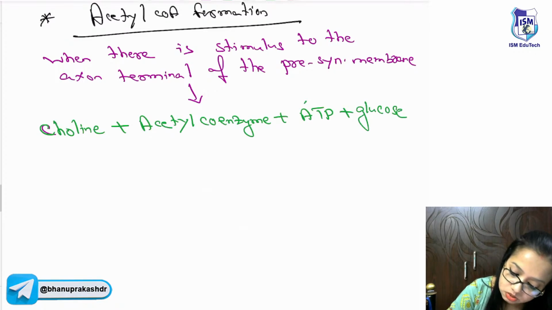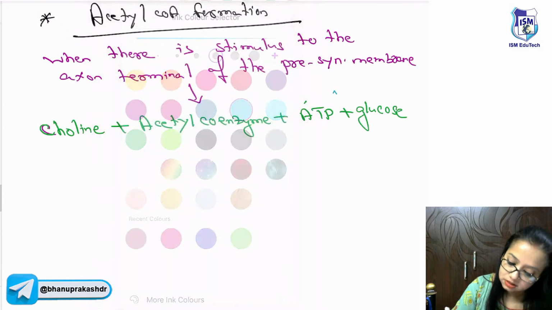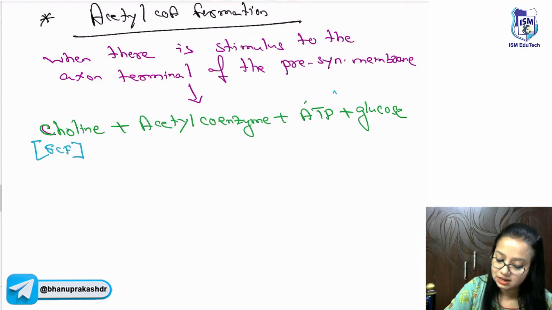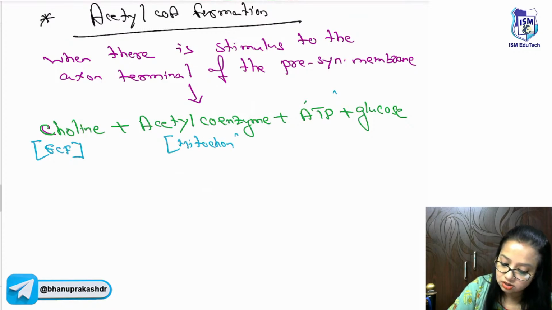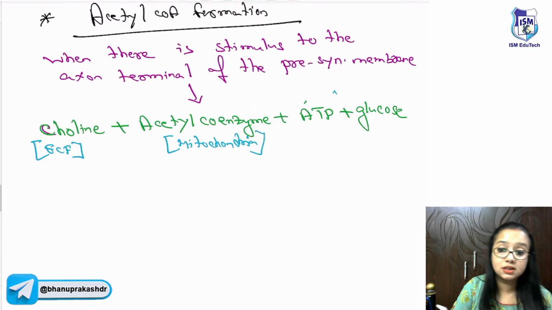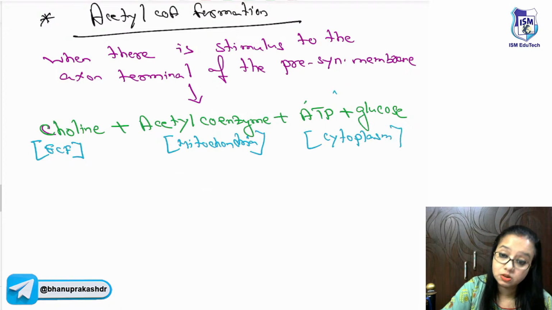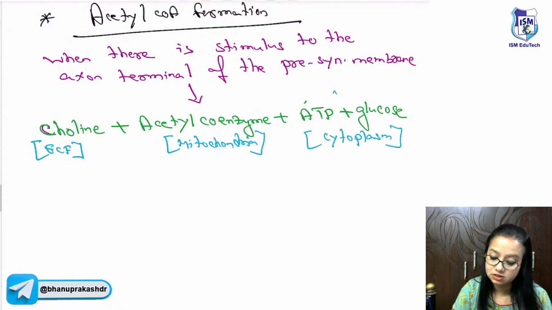Now, this choline comes from the ECF. Acetyl coenzyme comes from the mitochondria in the presynaptic membrane, that means of the neuron, and this too comes from the cytoplasm of the neuron. All these things are from the neuron, because we know the neuron has mitochondria and all these organelles. From there